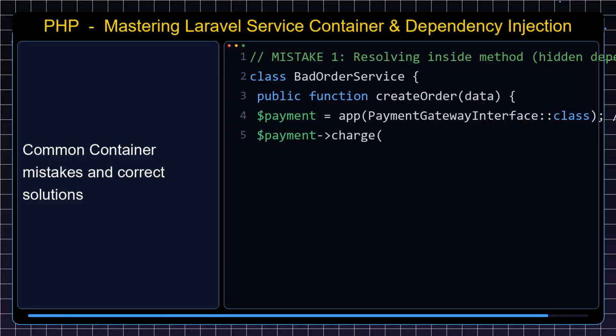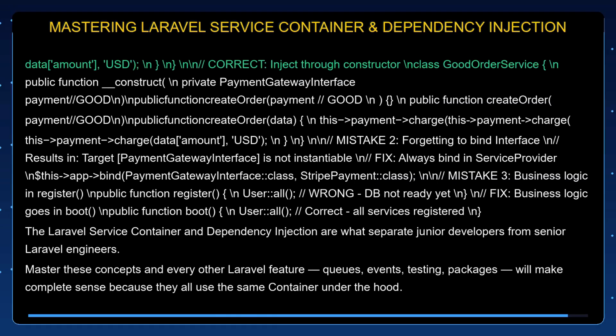Common container mistakes and correct solutions. Correct: inject through constructor. class GoodOrderService { public function __construct(private PaymentGatewayInterface $payment) {} public function createOrder($data) { $this->payment->charge($data['amount'], 'USD'); } }